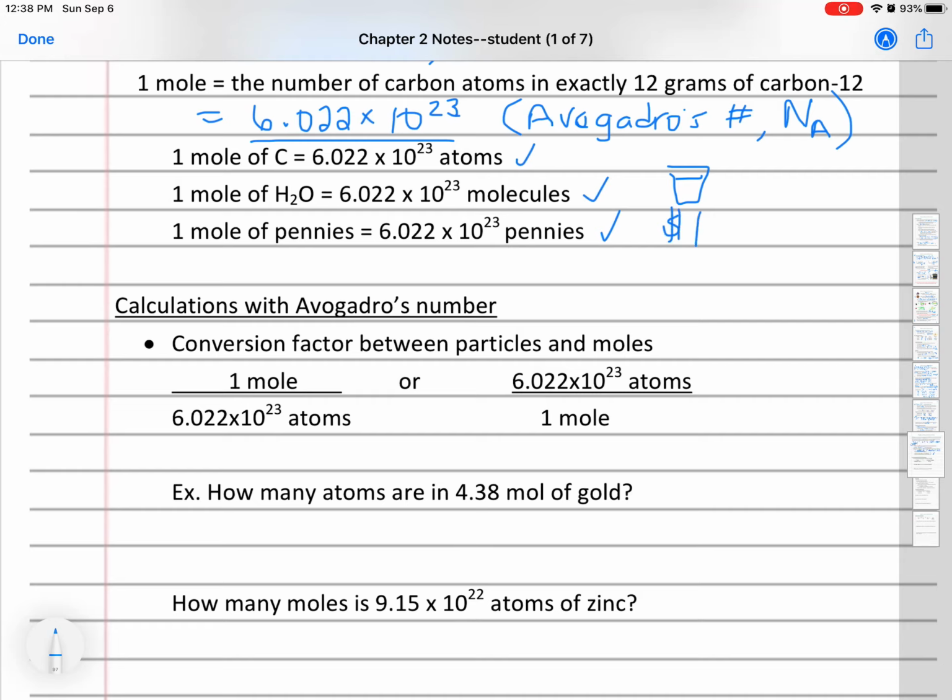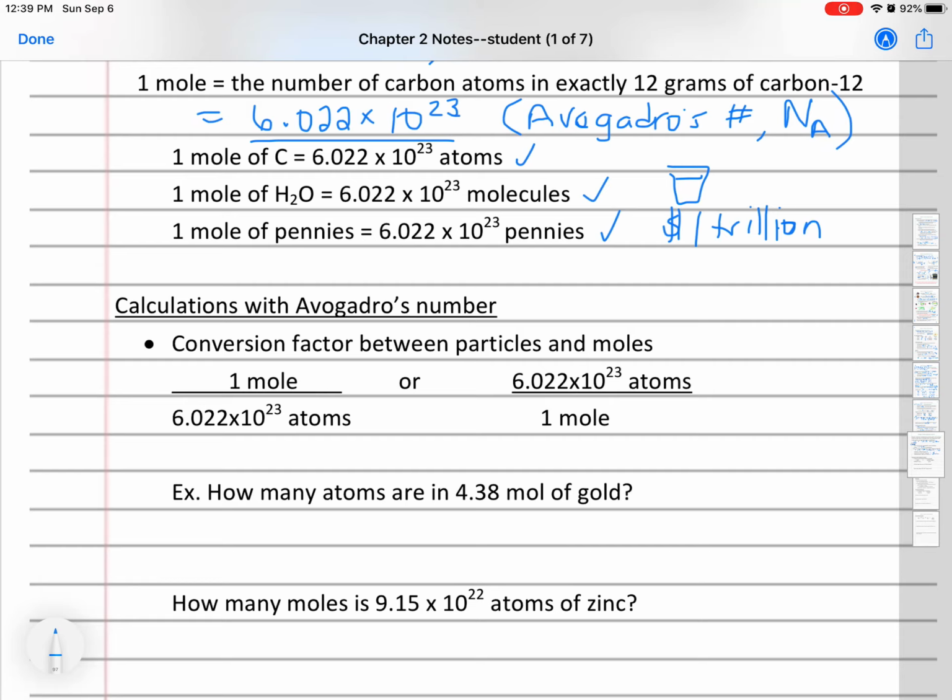versus a mole of pennies, which is actually enough to give every person on Earth $1 trillion in pennies. Though it would be hard to spend that money because we'd also be buried in pennies 400 meters deep across the face of the planet. So it's a huge number to conceptualize, and it also goes to show how tiny atoms are. They're so small that we have to use such a huge number to even really talk about them.